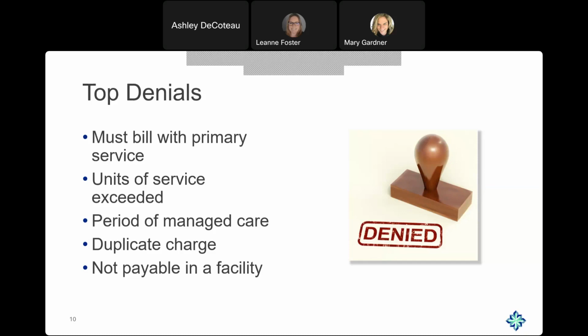Our last denial is for not payable in a facility. This could happen, for example, if you're billing the prolonged care code for office services, G2212, but the patient is in an inpatient facility. So you want to make sure you are using the correct prolonged care codes. If you are providing and billing for a hospital inpatient visit, 99233,